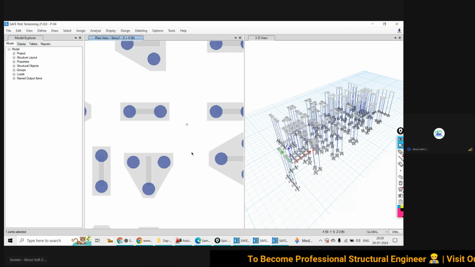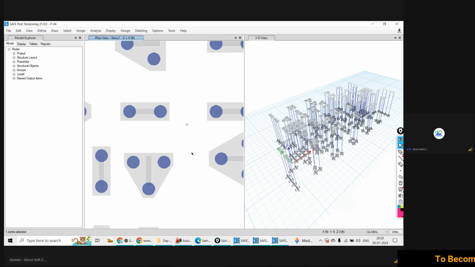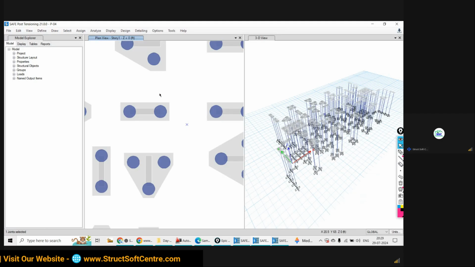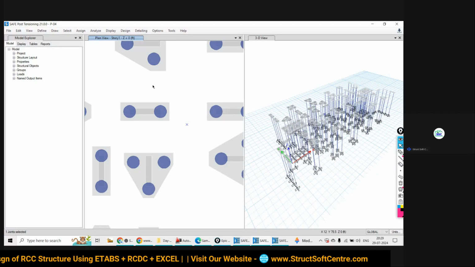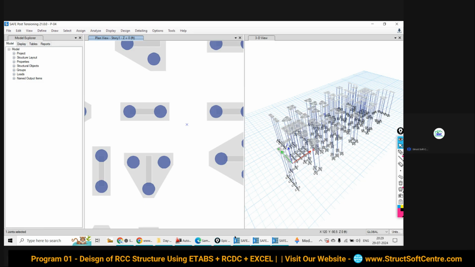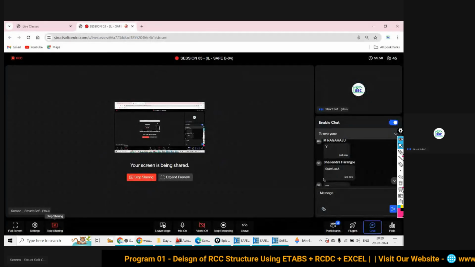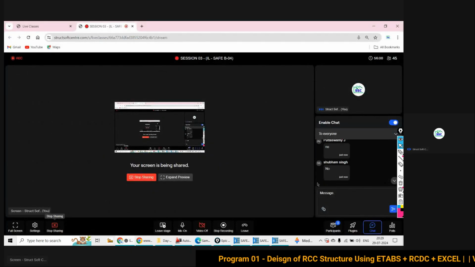I am going to start where I am planning to design the raft foundation. So tell me, can I use the definition of this pile cap or deep foundation design in that new file of raft foundation or shallow foundation design? Can I use? Yes or no? I cannot use